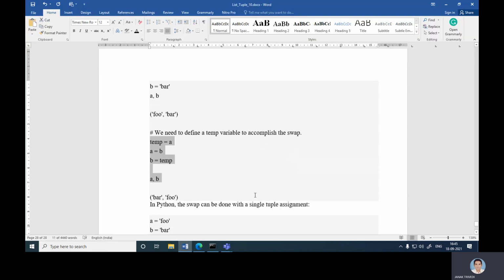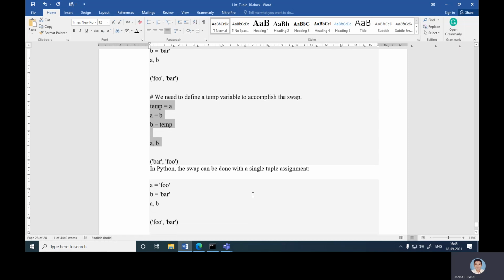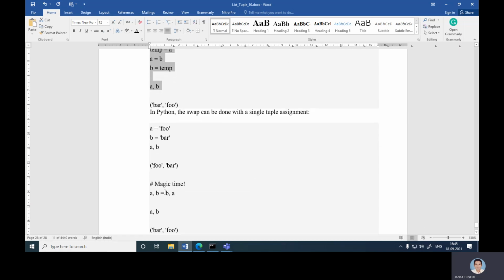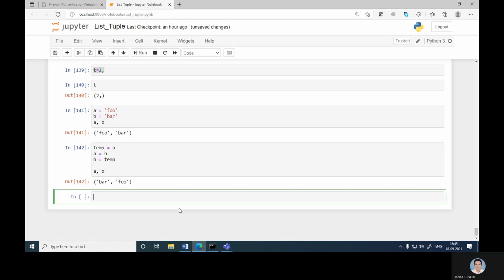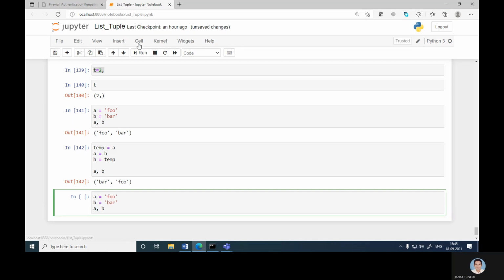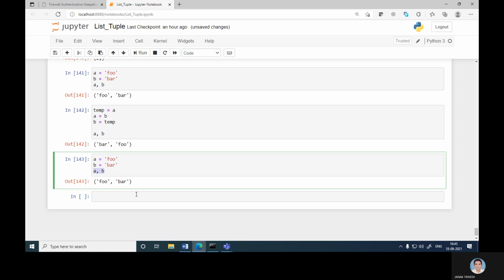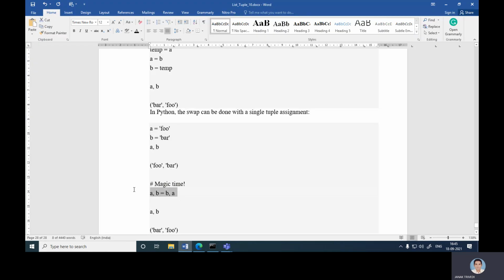In Python, the swap can be done with a single tuple assignment also. How? a is foo, b is bar, a, b is equal to foo, bar. Now, magic: a, b is equal to b, a. First I want to run this program. Now just a, b equal to b, a, because I just copy from this.